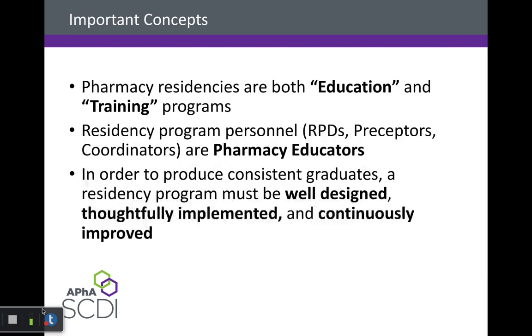So a couple of important concepts to cover. First, keep in mind that pharmacy residencies are both education and training programs. These graduates are licensed, they're able to go out and get entry-level positions, and so they are really giving a year of their time to us in order for us to help guide and develop them to be better practitioners and to be eligible for different careers should they choose in the future, or to be able to utilize certain